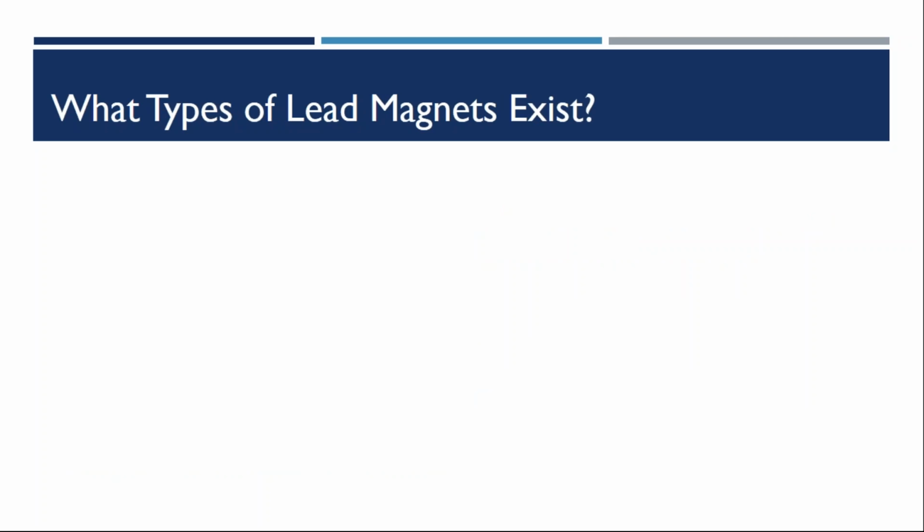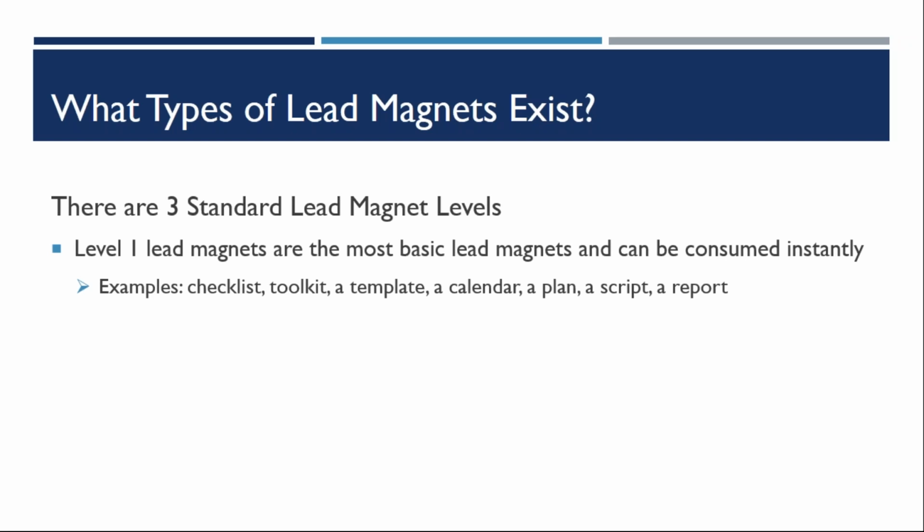Now, there are a few different types of lead magnets, and in my opinion, there really are 3 standard lead magnet levels. So level 1 lead magnets are the most basic and can be consumed instantly. It's a no-brainer. It's super easy for people to opt in. They can get them, look at them, see what they say, and apply it within a matter